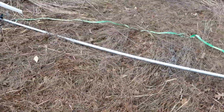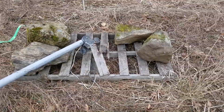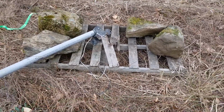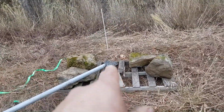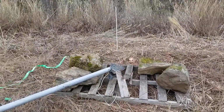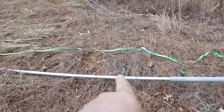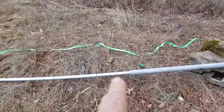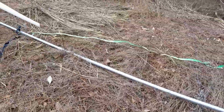Okay, first off, down here, you can see something didn't quite hold. And that was not going to be the permanent setup. If it was going to work, I was actually going to put concrete in there, rebar down into it, and weld to the rebar. This was just to kind of try it out. And actually, luckily I didn't. I was going to add another pipe onto that one so it would be higher into the air. But anyway,